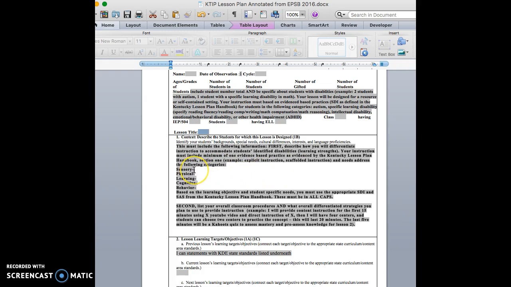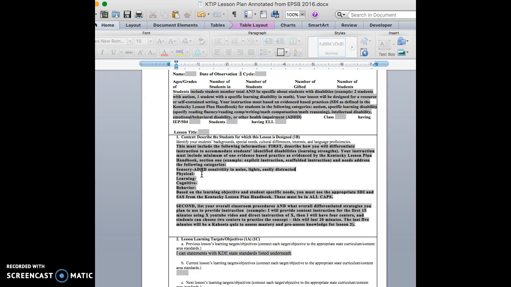You need to address the following categories, because we know that when we're planning a UDL lesson, if we plan for these categories, we're going to meet the learning needs of every student. So when we think about sensory differences for students, we're thinking about things that might inhibit their ability to interact with the content. So this could be a student with ADHD